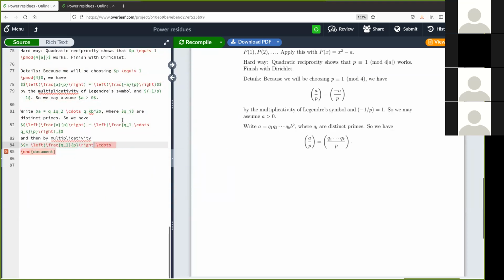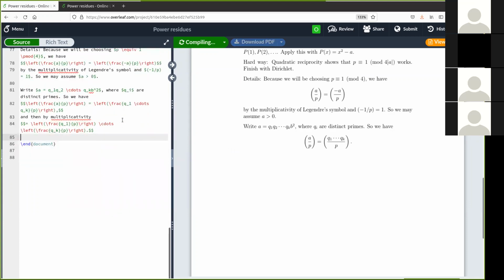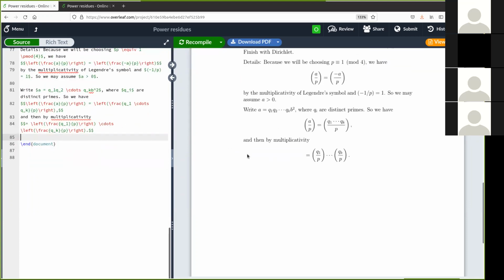I should have written a macro for the symbols, but here we go. Okay, and then we use the reciprocity law. So recall that